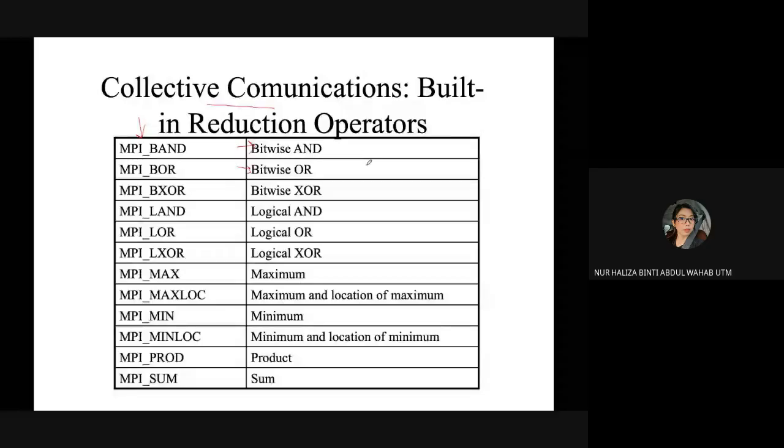All of these functions, you will see what the purpose and the task is. If there is a task for you to create using XOR, then you're going to use MPI_BXOR. Or maybe it's not directly mentioned like this.